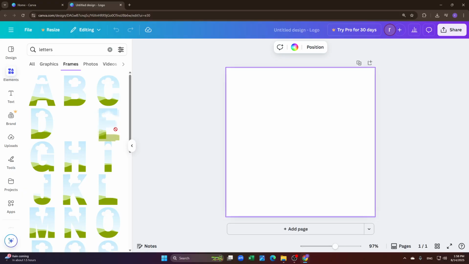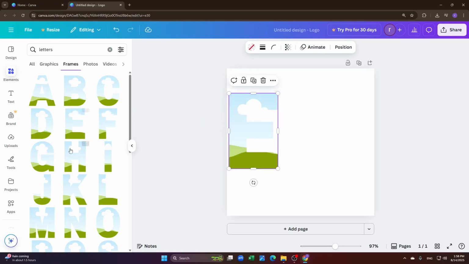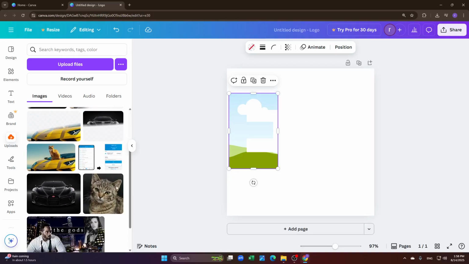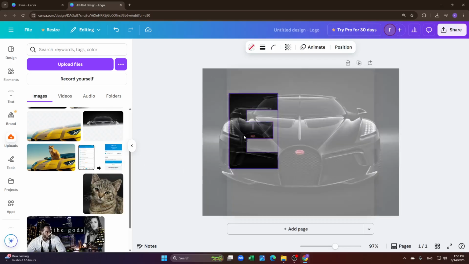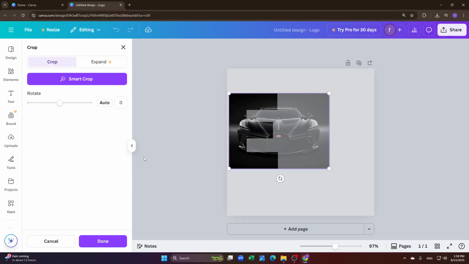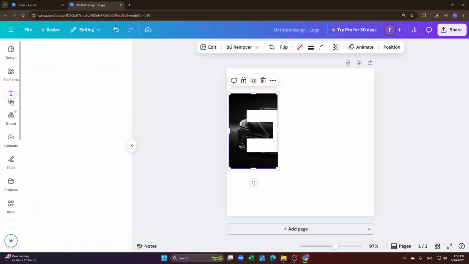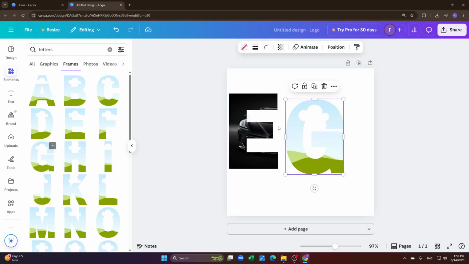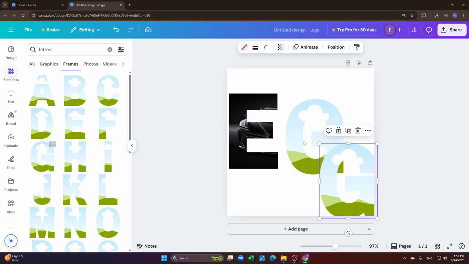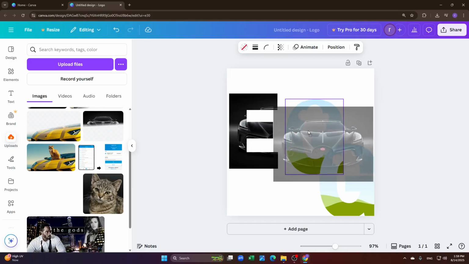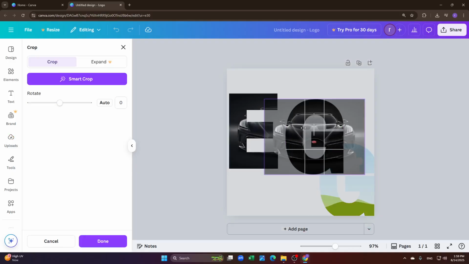We'll just have to select images from here, and let's say we'll add the images onto the letters. For that, we'll use this image, and you can set the image like this one, and then select another text here. Let's say this is the text I want to add, and this is also the text I want to add. After that, you just have to select and upload the image as you like,